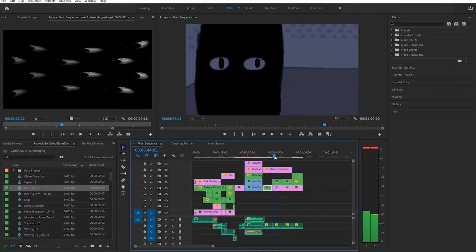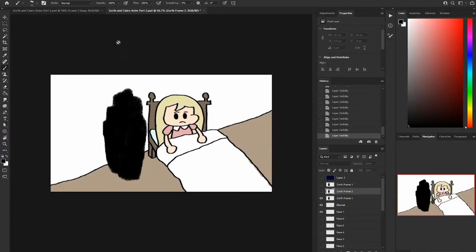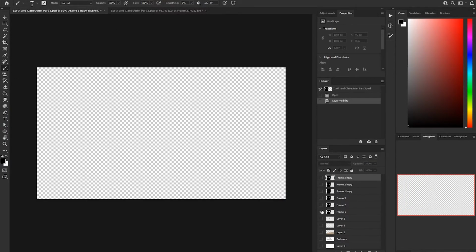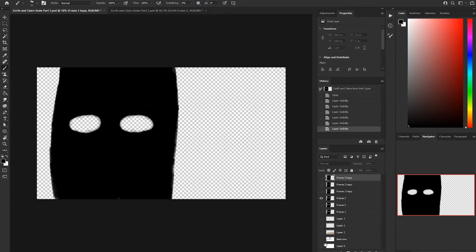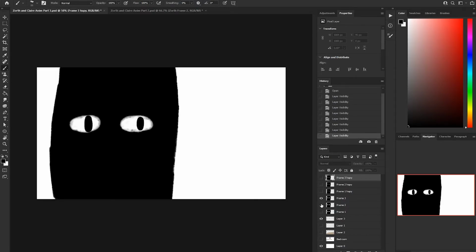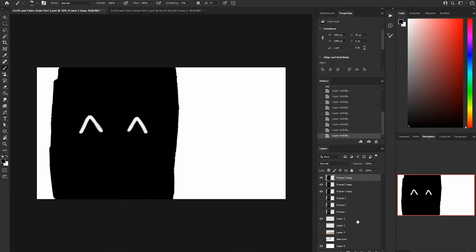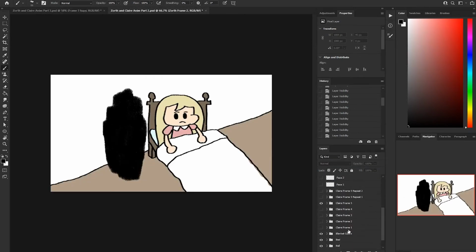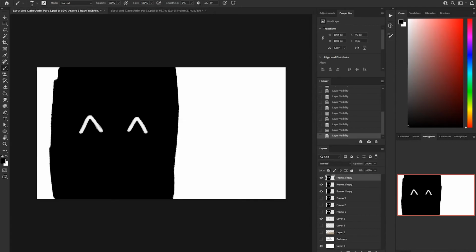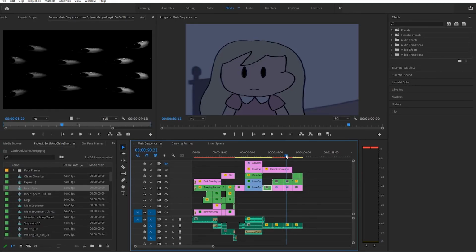It cuts to Zorthelheb, who looks at her, again in Photoshop. I'll have all the frames here. And I'm missing his eyes. There's his eyes. And then frames where he looks happy. Cut to Claire. I have no idea where the frames for this part of the video are on my computer. They're probably somewhere. And then it holds on her. She smiles, and then the video ends.